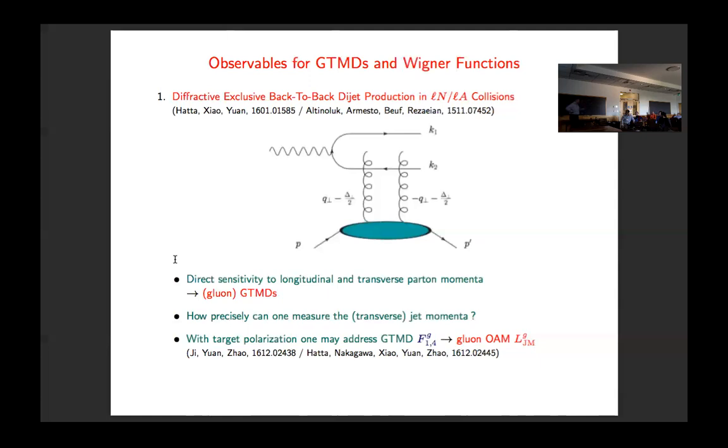So how do you make sure that it's really, I mean, you still have to make sure that it's exclusive. Yes, that's actually a very good question. You have to make sure that the total transverse momentum of the digit is very small, and you're dominated by the diffractive process. So you limit yourself to events where the total transverse momentum of the digit is very small, and then you can identify the diffractive process. In fact, I think they actually tag the proton. If you can tag the proton, you can actually cross it. I believe there's enough.